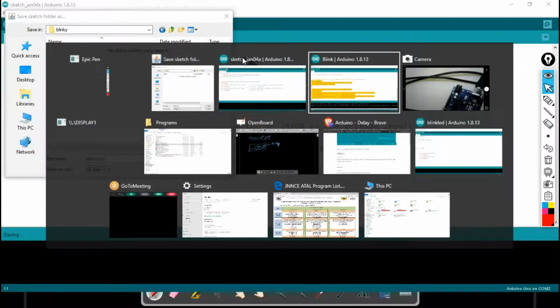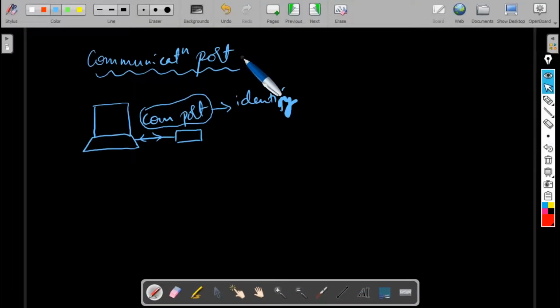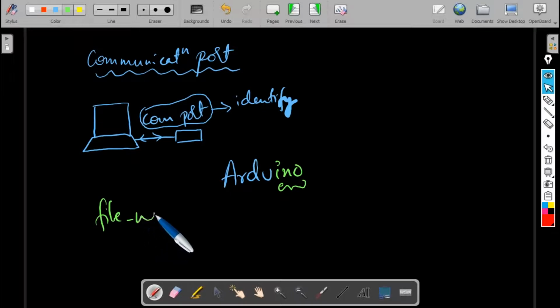The file names are always associated with the last three letters of Arduino. Any sketch file name should terminate with .ino. So while saving, you have to be careful here.